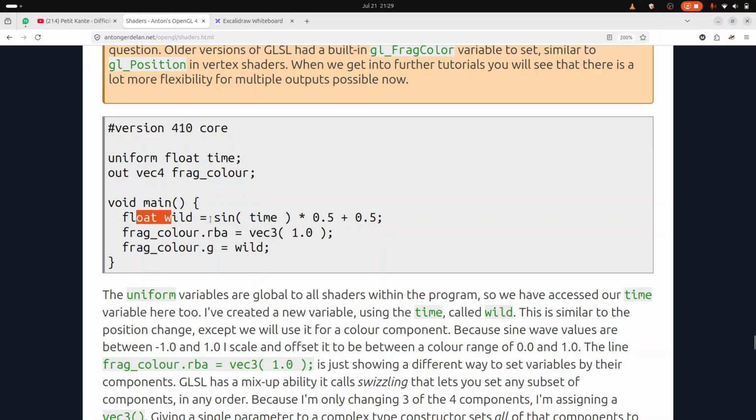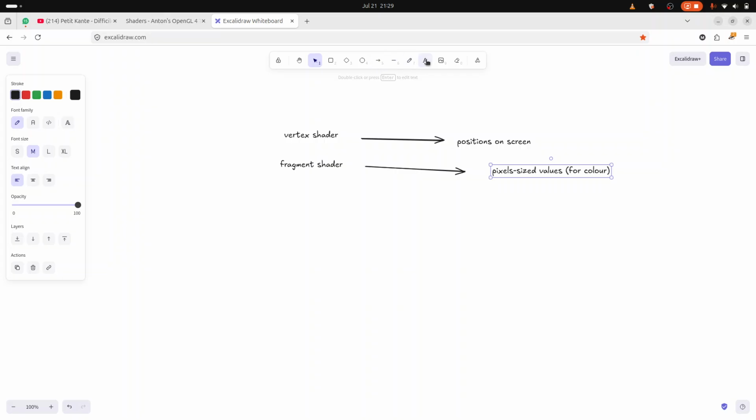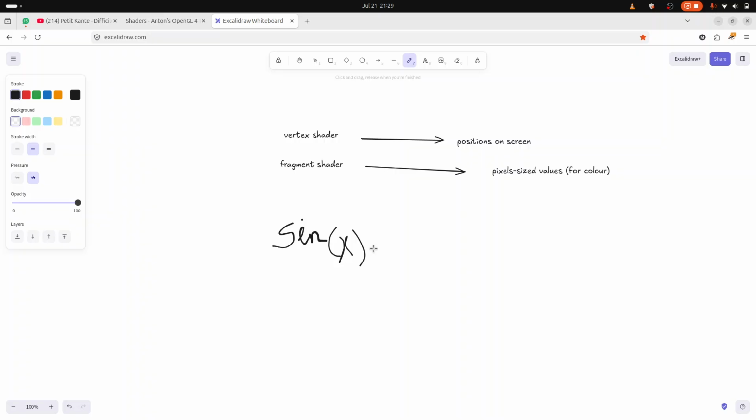So after that we just divide by 2 plus 2, and so what we are doing here is that we take this sin of x. X is the time here. Divided by 2. Plus